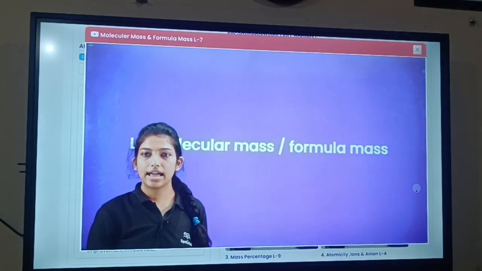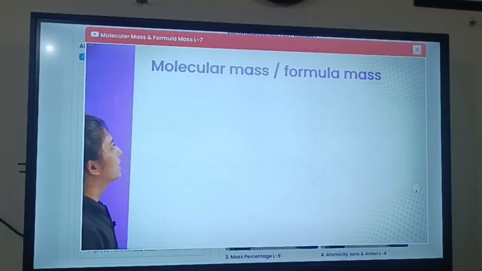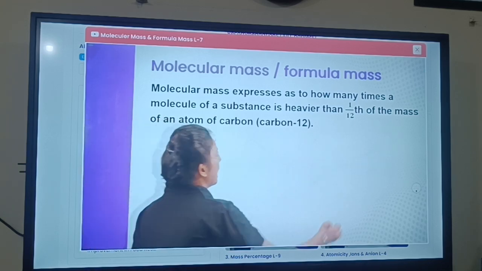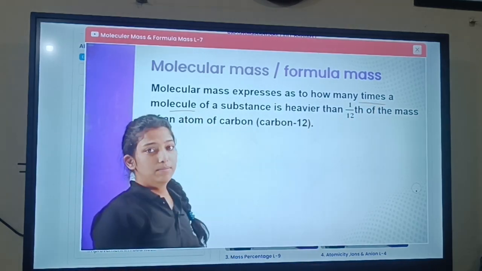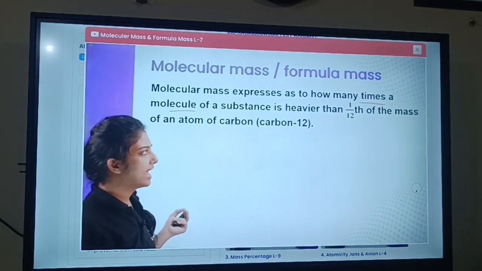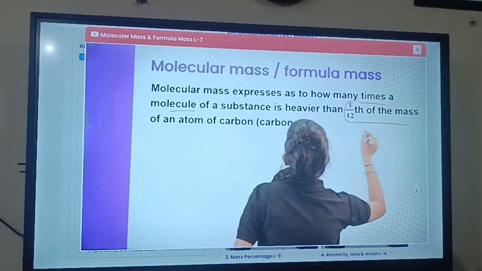मॉलिक्यूलर मास एंड फॉर्मूला मास. मॉलिक्यूलर मास को ही फॉर्मूला मास भी बोलते हैं. क्या होता है मॉलिक्यूलर मास? मॉलिक्यूलर मास एक्सप्रेसेस हाउ मेनी टाइम्स अ मॉलिक्यूल ऑफ अ सब्सटेंस. किसी भी सब्सटेंस में जो मॉलिक्यूल है वो कितने टाइम्स हैवियर है देन again by 1/12 of the mass of